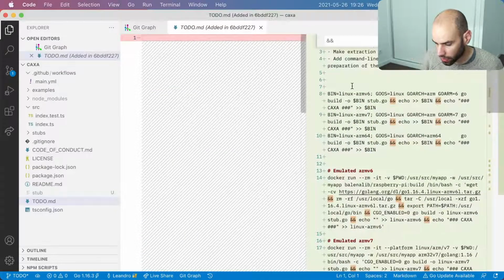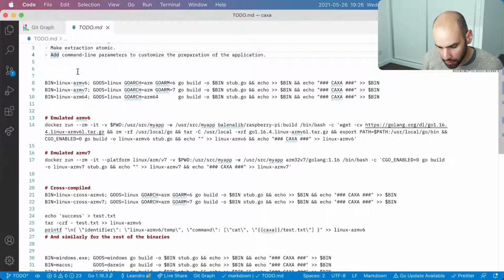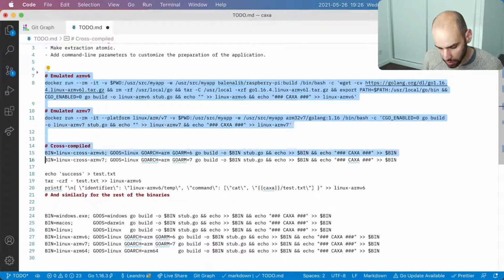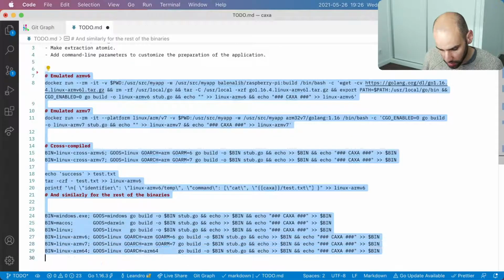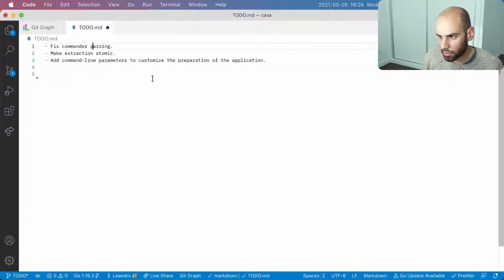And then there is the to-do file. Let's look at what is in the to-do file from last week. So here we have some things for cross-compilation. We already solved this problem. Here are some things that have to do with running Docker to build. We have solved that problem as well. And these are manual tests for the stubs we have. We don't need that. And we don't need cross-compilation. So we can get rid of all this. And compiling for ARM is sort of a solved problem. So we have that. And then there are only these three to-dos. And we'll move these over somewhere else.